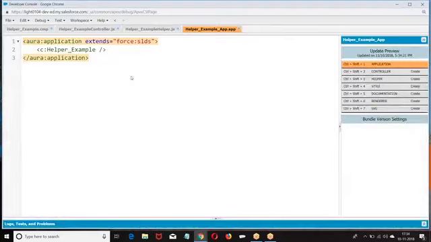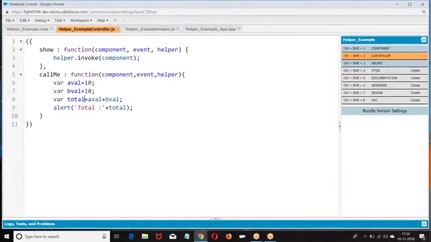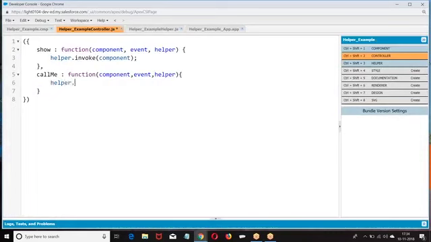So when the same functionality is repeating, why do you want to write the code twice? We can simply define it in a helper and invoke it here. Right.